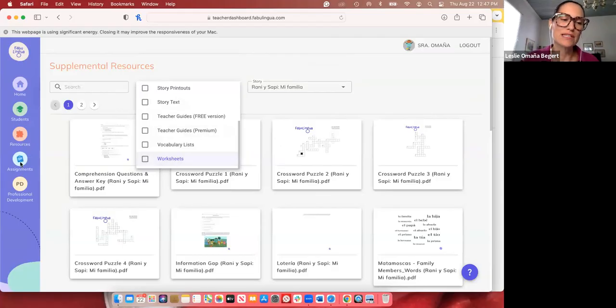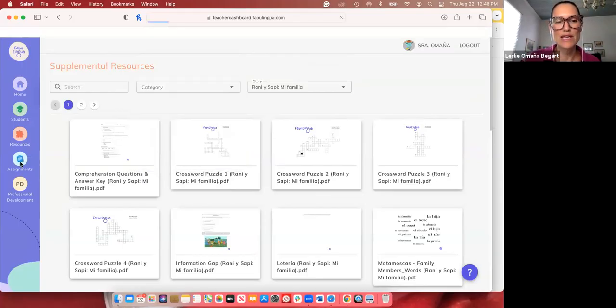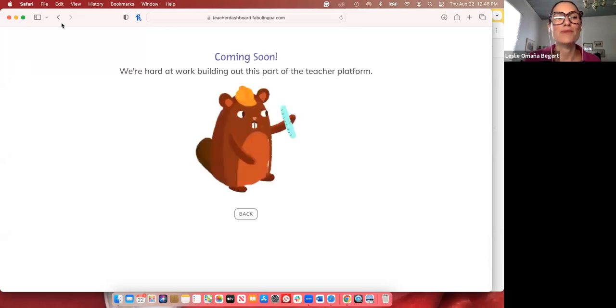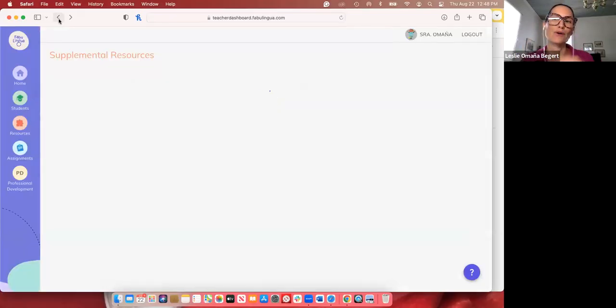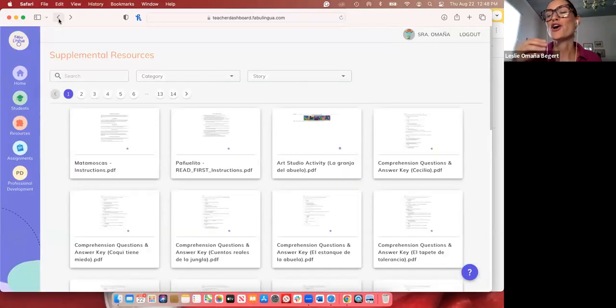The other main difference is assignments. This has not been built yet, but it's in the docket. It's being worked on, where the teacher is going to be able to assign, not just do this story, but go and earn this many keys, go and open this many treasure chests, or collect this many stickers, all of the downstream consequences of learning. And then they have to do the math in order to figure out which stories they want to work on, etc. So it's kind of like a more fun way of setting assignments.